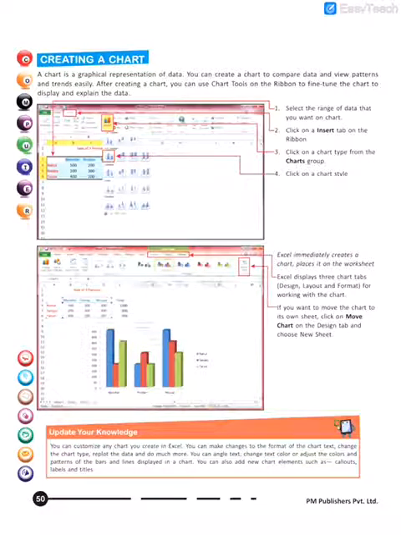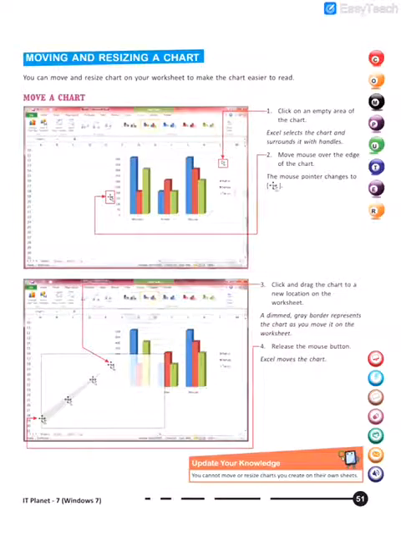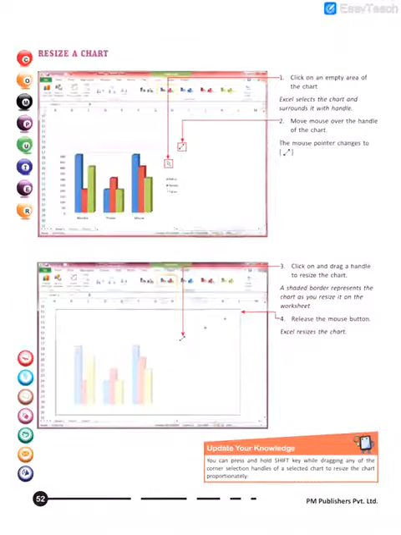Now the process of creating a chart is quite simple. You go to the insert option, click on the chart group, and then select a particular range up to where you want to see the chart, and bingo, that is your chart. That is how it will be shown. Now the process of moving a chart is quite simple. You can drag it with the help of your mouse pointer as it changes into a placeholder. So with the help of the placeholder we can drag it to any particular position. Similarly we can also resize, that is make the chart smaller or bigger by dragging the placeholder down or up, this way.